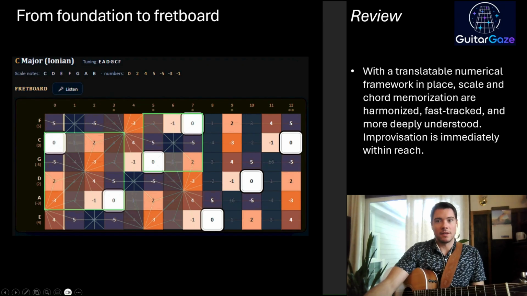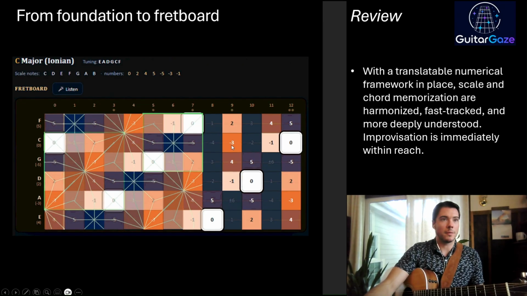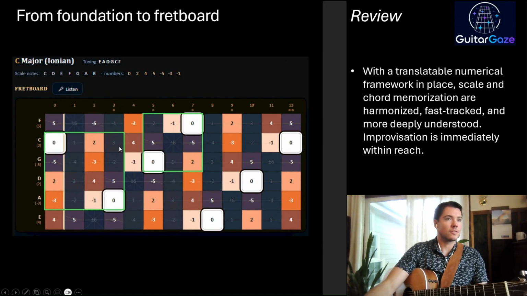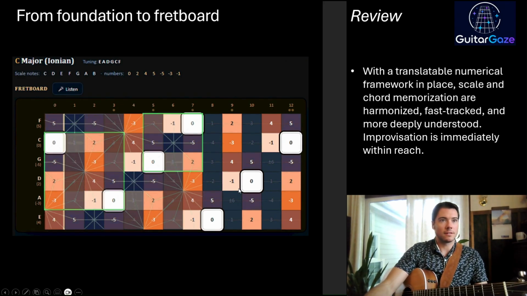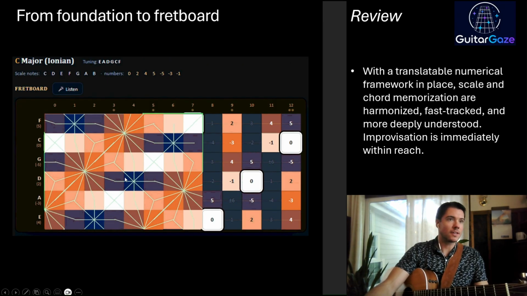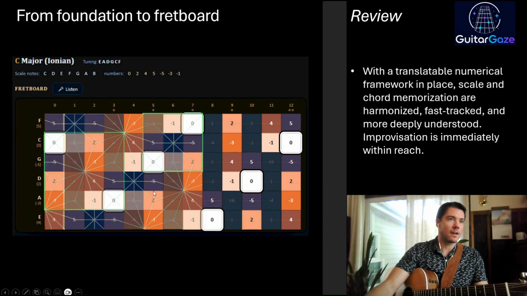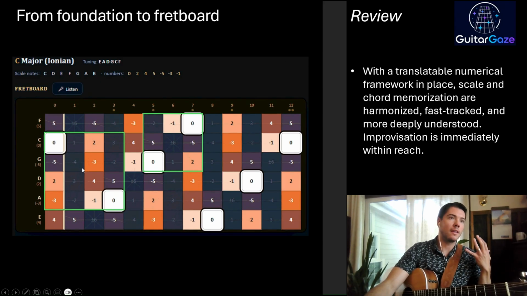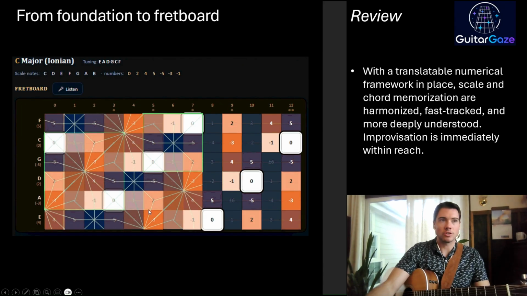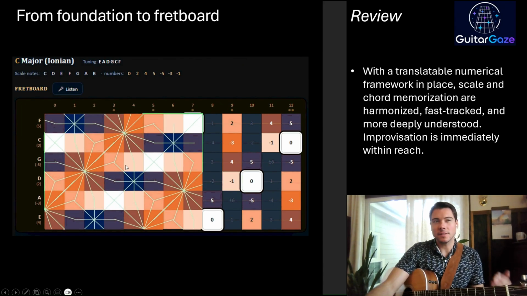Here you can see this geometric approach overlaid with the C major scale, kind of fades in and out, and this is the fretboard viewer at guitargaze.com. You can use that to visualize scales and visualize the intervals here, and you can do custom color assignments and whatever you want. These are the colors I chose, and this is just sort of like a time lapse showing the major scale and then bringing in that numerical geometric shape structure that underlies everything. So you can see that,